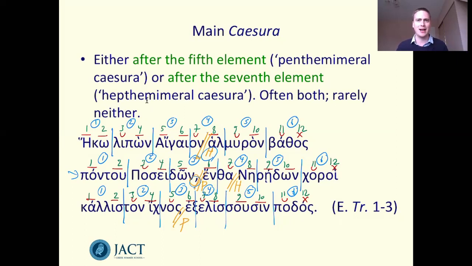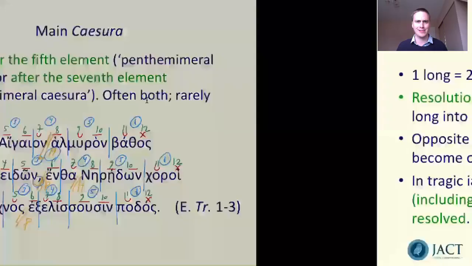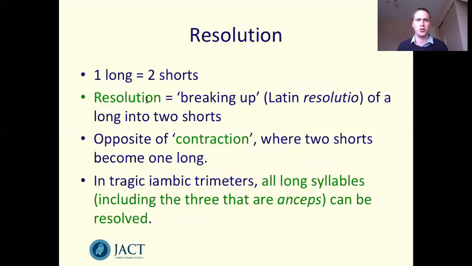Now, the meter is actually a little bit more complicated and more interesting than what we've just seen because of something called resolution. We saw in Homer how a dactylic foot could contract into a spondaic foot because metrically speaking, two shorts are the same as a long. Now, in iambic trimeters, the exact opposite happens. A long syllable can be broken up into two short syllables, and we call this resolution, from the Latin word resolutio, meaning breaking up. And resolution can happen with all the long syllables in the line,